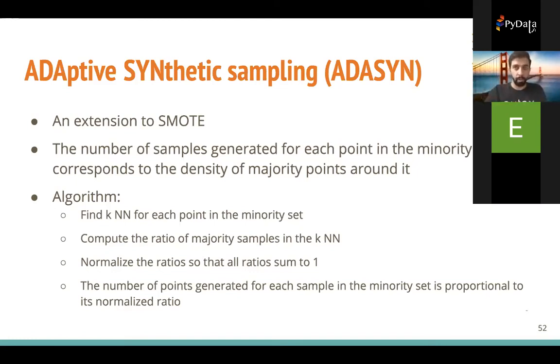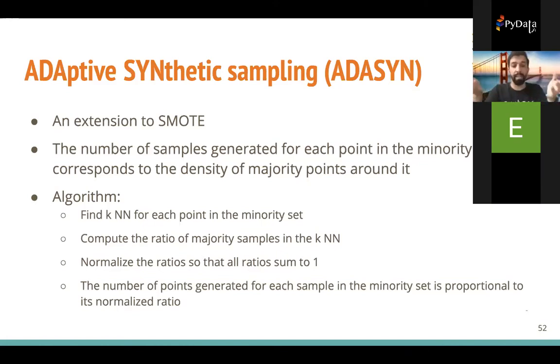Then we normalize all of the ratios for all of the points such that they sum to 1. And then we use those new normalized ratios to generate new points for each sample. So let's say one sample had a normalized ratio of 0.2, and we wanted to generate 400.